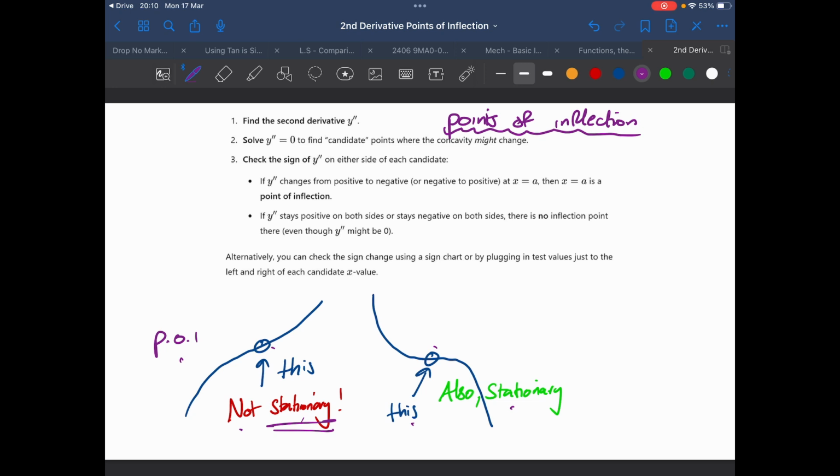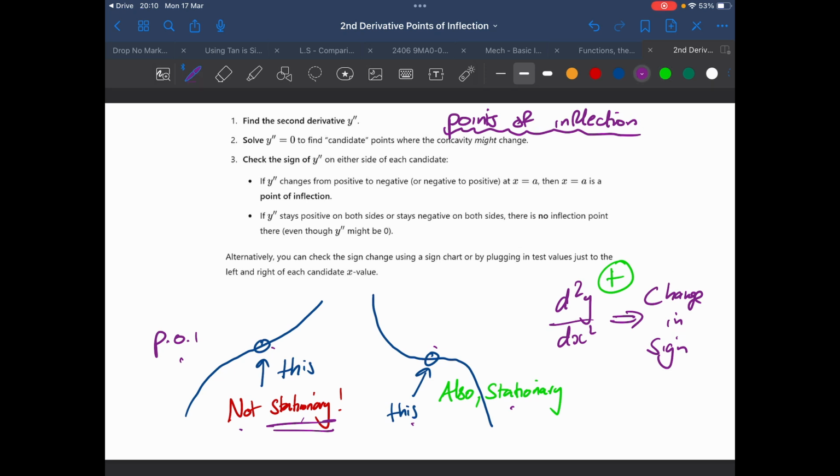So it is not enough. It is not enough to just find this, okay? And I'm going to show you in a minute why this is not enough. What we're going to do instead is we're going to have this and we're going to look for a change in sign, okay? The reason for that is when we have a sort of a positive second derivative, it means